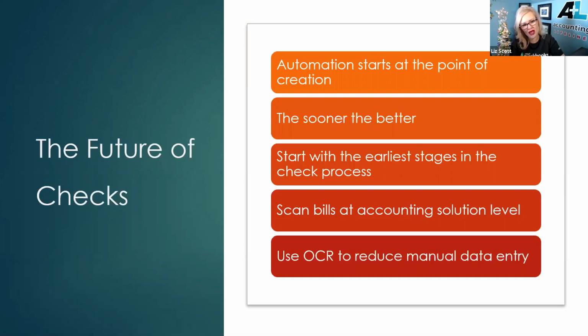What I mean by that is, we have OCR ability. So why don't we utilize that? We have tools available to us that we can just scan in that bill. And there's tools out there that can read all of the written documentation on that bill, so we don't have to hand enter it. Now, there's lots of different OCR abilities that are out there, and so you kind of have to decide which one's going to be the one that you use. But